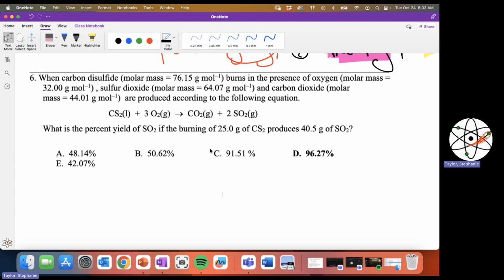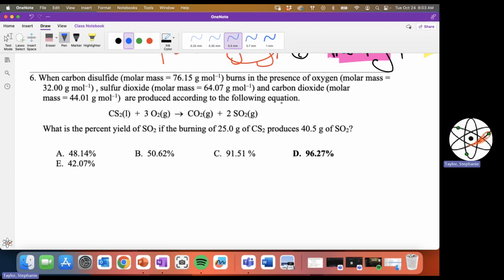So if you have not gotten to try these out, I highly recommend you stop the video so you can try these out on your own, because I'm going to wind up doing almost all the math that's on the Fall 22 exam. When carbon disulfide with this molar mass burns in the presence of oxygen and there's a molar